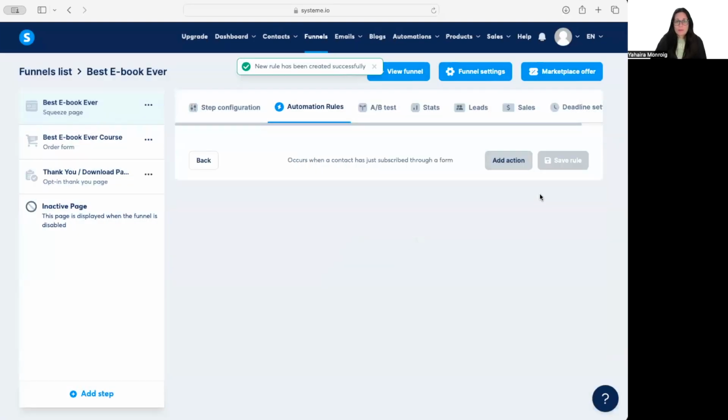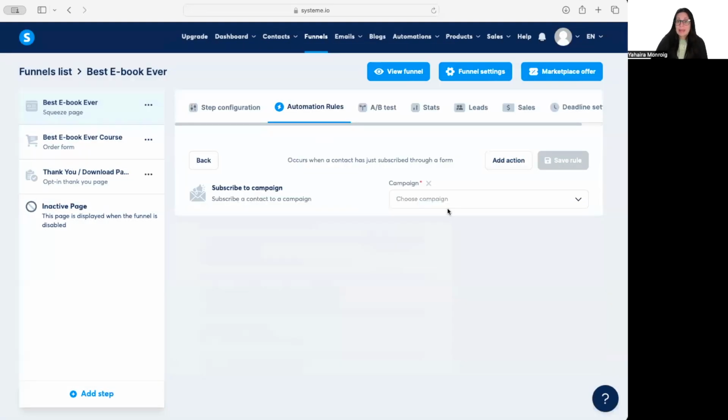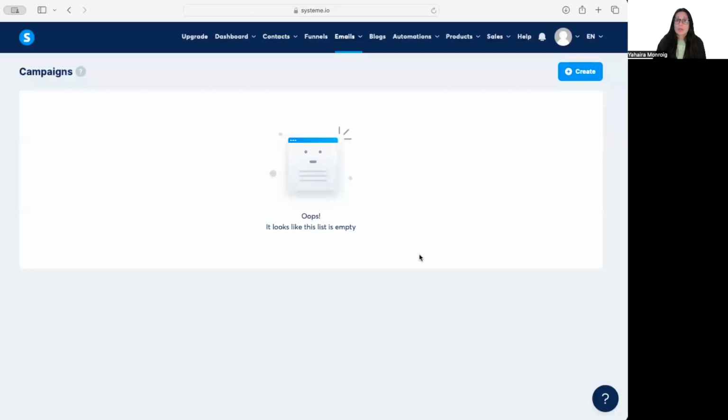Subscribe, add an action, and we're going to subscribe to a campaign. Now, there are no campaigns created, but if you had that campaign created already, it will be here. You select that campaign from the drop-down list, you save the rule, and that's it. But since we don't have it, we're going to go into email campaigns, and then we're going to create that